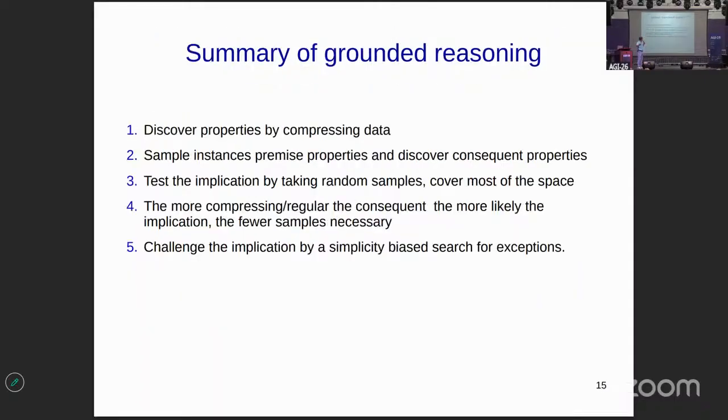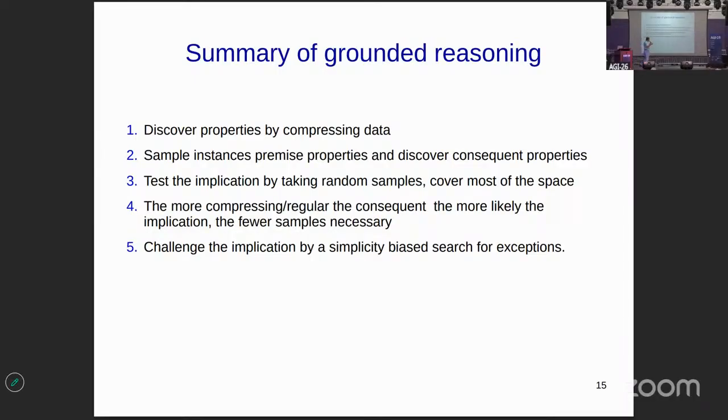So to summarize: how should we do grounded reasoning? How do I suggest to do it? Discover properties by compressing data. Then connect those properties by sampling. Just take one property, make some samples, discover subsequent properties, and make several samples to test it. If your consequent properties compress data well, you need fewer samples to test it.